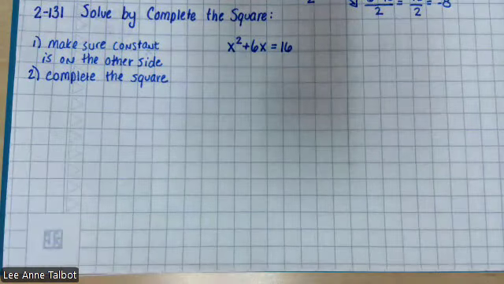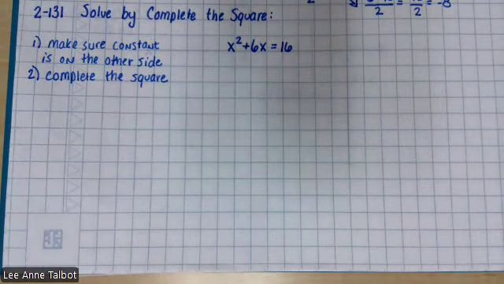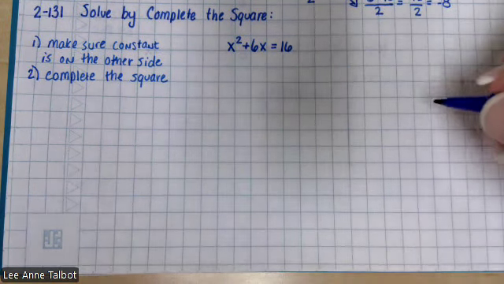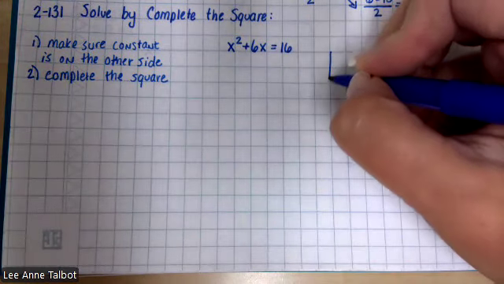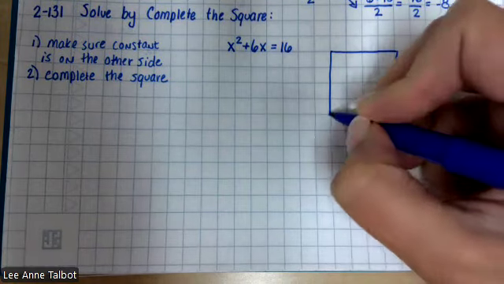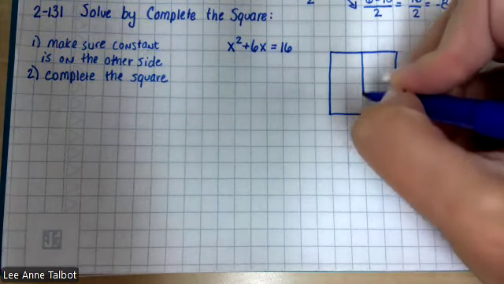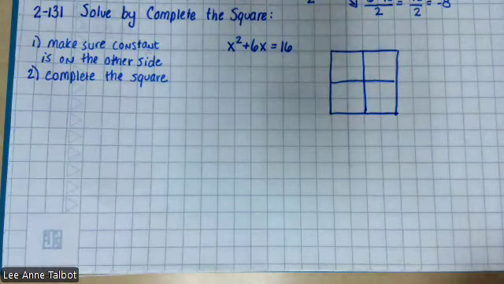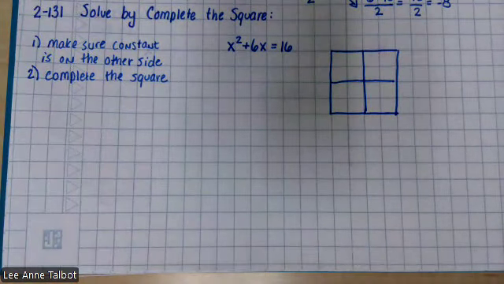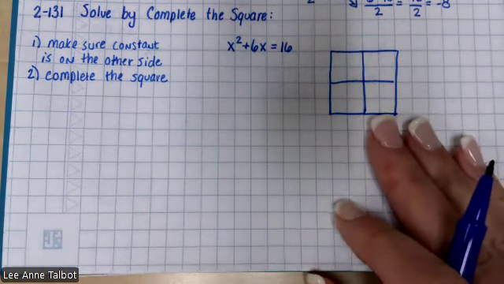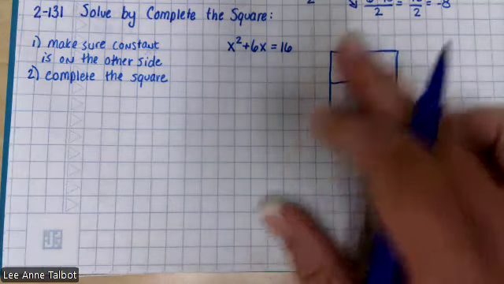Now I complete my square with a box. A lot of you guys have been taught tricks to use instead of the box. I'm going to use the box. It's up to you if you want to use what you previously learned, but I'm going to use a box because I like to use the actual square and complete it. So my motivation is I'm actually showing completing of a square,